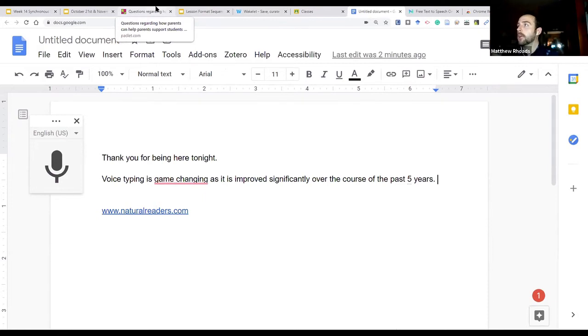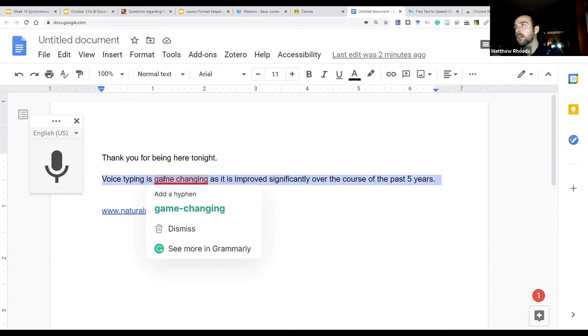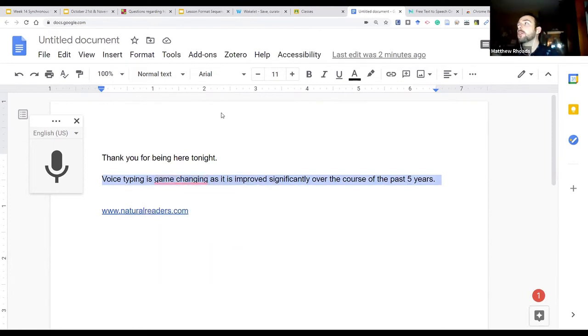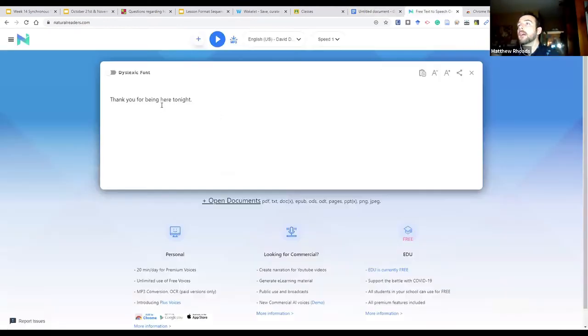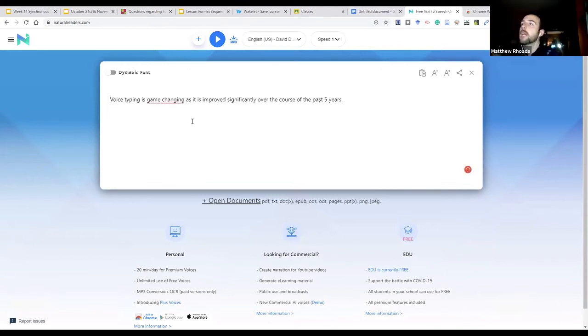I'm going to show you something as well. There's an app called naturalreaders.com, and it's a free service. I go to naturalreaders.com and say I had a text from my document, I'm going to copy and paste it into the document here. I can turn it into dyslexic font or keep it normal, and it will play it out loud to me. So if the student copies and pastes it in, or a teacher,